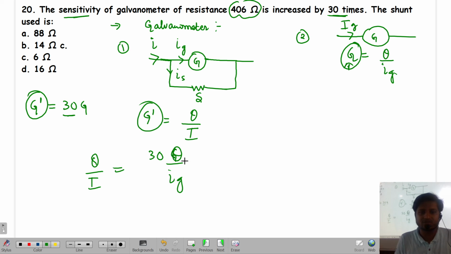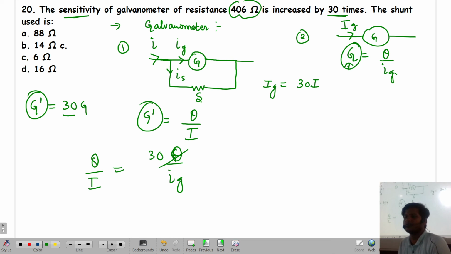Theta got cancelled. So I can write Ig is equal to 30 into current. Can I write like this or not? Yes. So if you add the shunt, the sensitivity of the galvanometer increases, and the total amount of current increases in the galvanometer. Understood or not? Yes, sir. Are you able to understand this whole step? Next process is